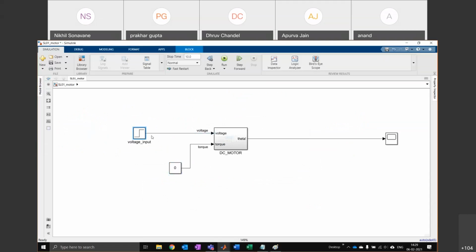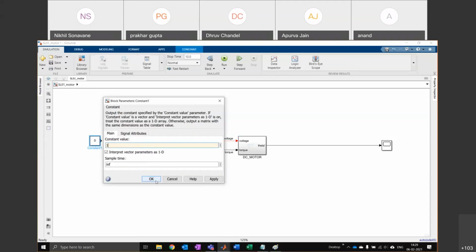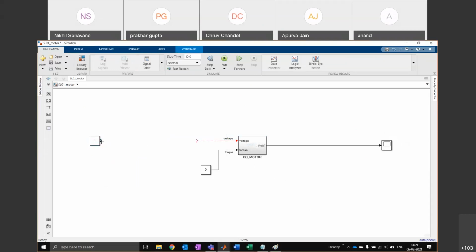So voltage input is something that will be supplied by a controller, right? Now, what I want to do first of all is set up a demand signal. I want my motor to run at, let's say, 1 radian per second.